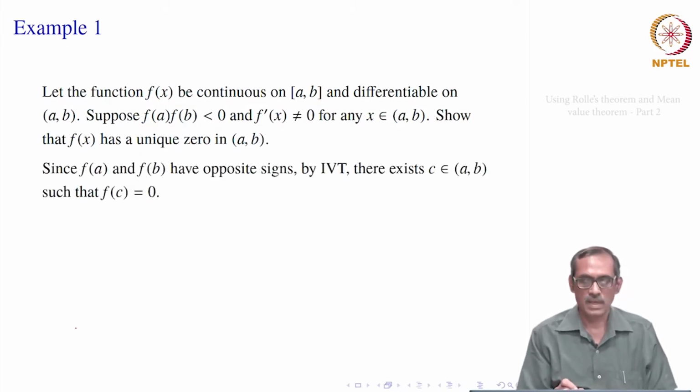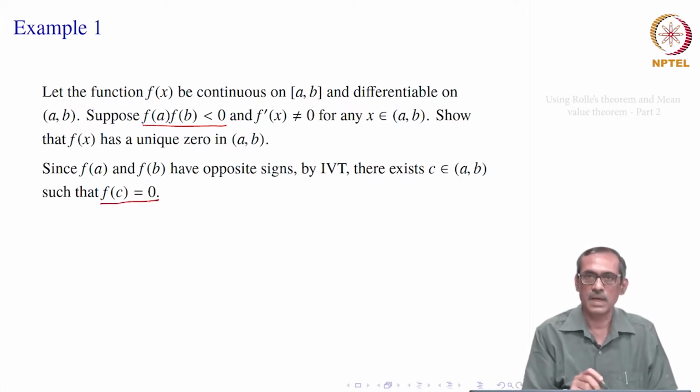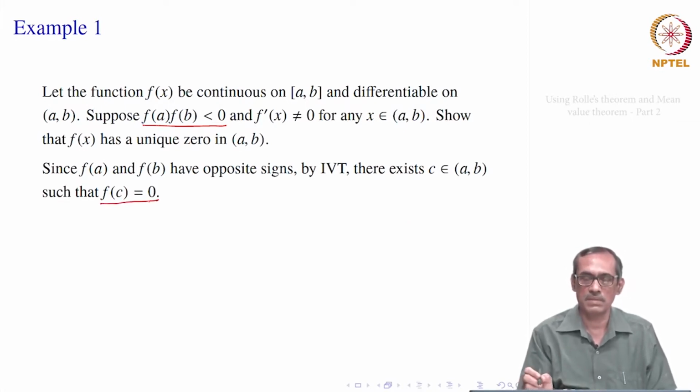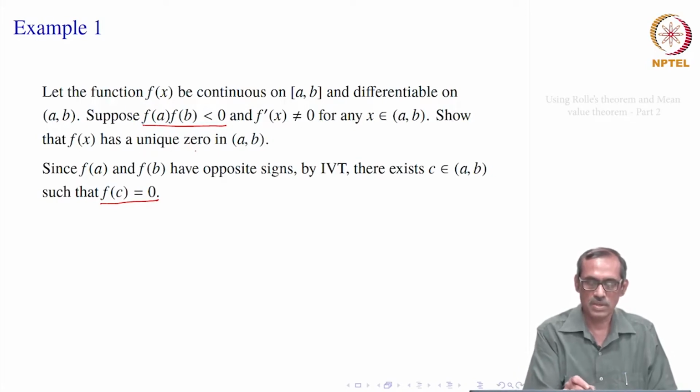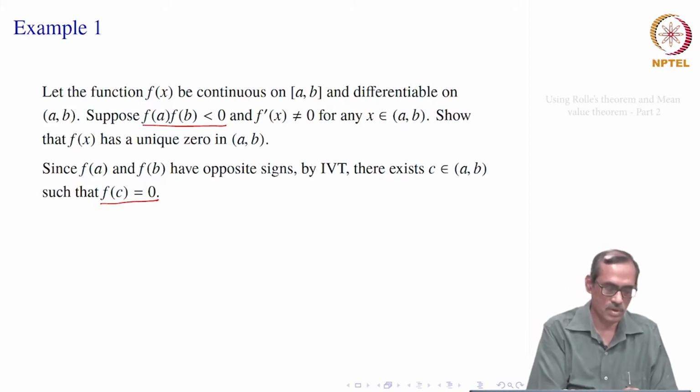Okay, let us see. Now that f(a) and f(b) have opposite signs, we can use the intermediate value theorem on the interval [a, b] to get one point c where it is equal to 0. At some point it is negative, at some point it is positive, so in between somewhere 0 must be achieved. That is what the intermediate value theorem says. So, that shows that there exists a point c such that f(c) equals 0. Now, you must show also uniqueness.